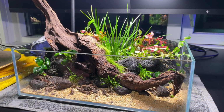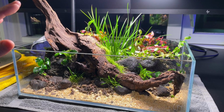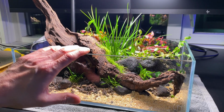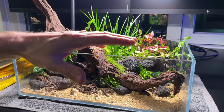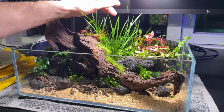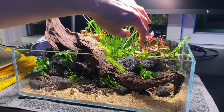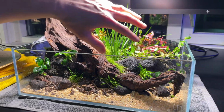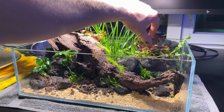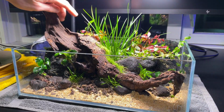So I'm already done planting, and I did it pretty quick, and I didn't show too much because I think it's one of the most boring things to do in aquascaping. Honestly, I don't like planting that much. I like to see them grow and eventually evolve the scape. As you can see, most of the plants I put 3 of them or a little bit more, but it's also a lot merged. We have the rotalas, the acorus, a lot of